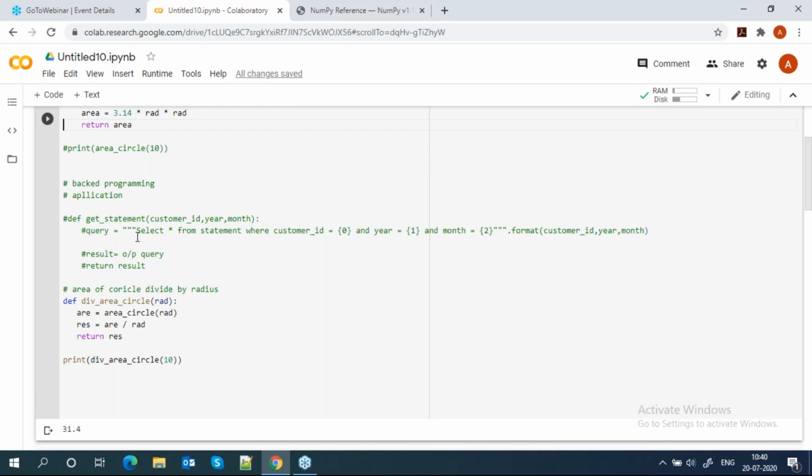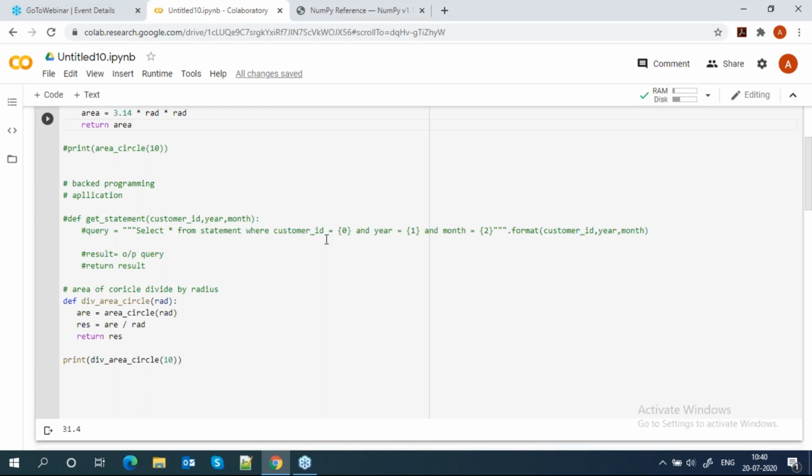Suppose I am working on a project and I use Python. Tomorrow my data is changed. If you put in a hard coded value, then you need to change your code also. That's why we always use functions and arguments. Suppose it gets the value directly from the database, then there is no need to change the code; whatever you have in the data will be fetched.